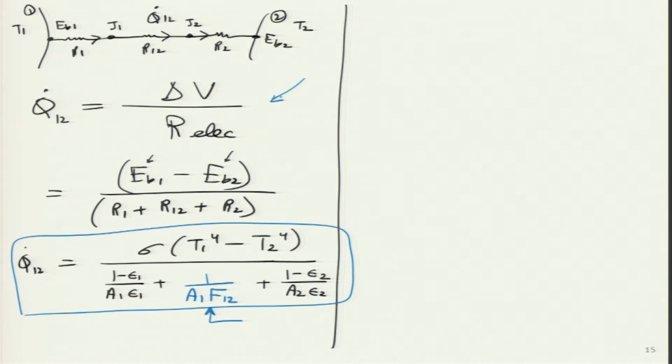So, from this relationship, the total voltage drop we figured out is E_B1 minus E_B2, the denominator is the total resistance, and we got this very nice and simple expression over here. So, our effort that we spent in the last lecture has borne fruit, because now we can claim that we have really simplified that particular problem, and we have obtained a general solution for it. Let us try and see this general solution. Today we will try and do 2 or 3 solved examples as well.